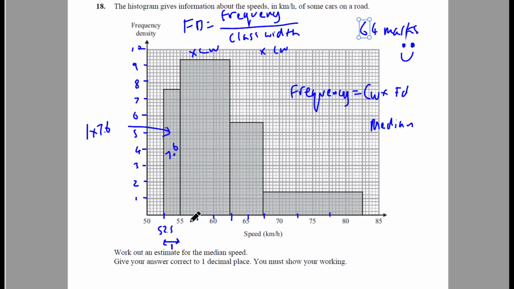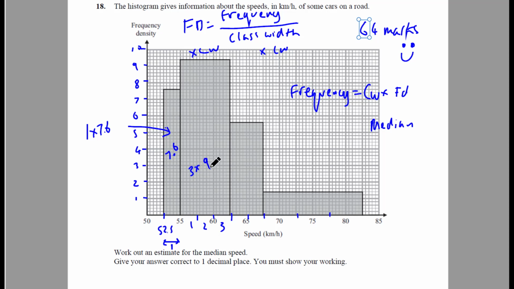Now we've got 1, 2, 3 here as the width. And I'm actually sure if you used 7.5 instead and did the frequencies, you would still get the same answer because it's an estimate of the median. Because if you did that, the frequencies will all be relatively increased and the median will still be the same. So this is going to be 3 times